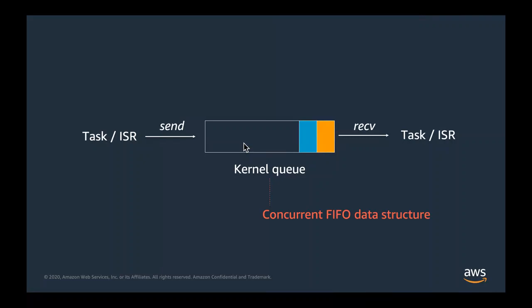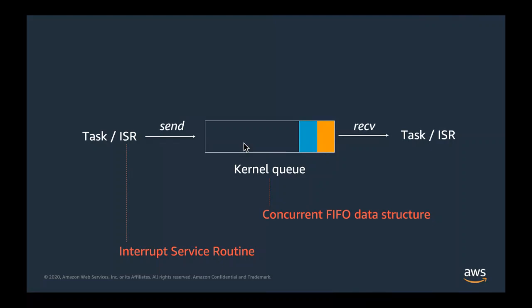with tasks, which are entirely standard to the C consistency model, but also interrupt service routines, or ISRs. These are pieces of code that run in an event-driven manner when some hardware interrupt occurs. A good example of an interrupt would be the wake word of an IoT device. And ISRs can themselves interact with the queue. That's interesting from our point of view because tasks and ISRs are asymmetric in their power. You see, there are things that tasks can do, for example, block, that an ISR must not. And so from a specification point of view, we need to be able to adequately deal with both of these